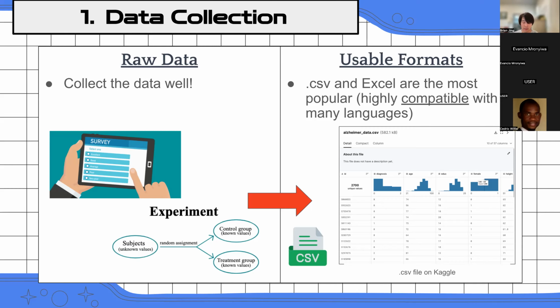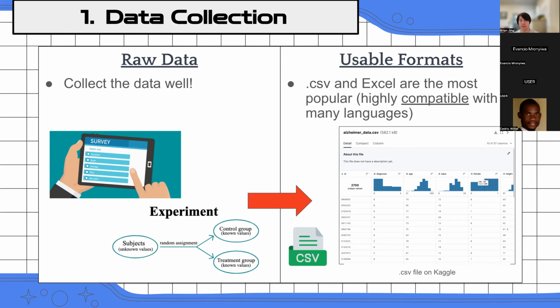If it's not random, this could lead to some bias in the survey and experiment. And since they're not asking everyone in the population, there's obviously lots of room for error. And you must make the experiment and survey as accurate as possible but as easy as possible to do as well,